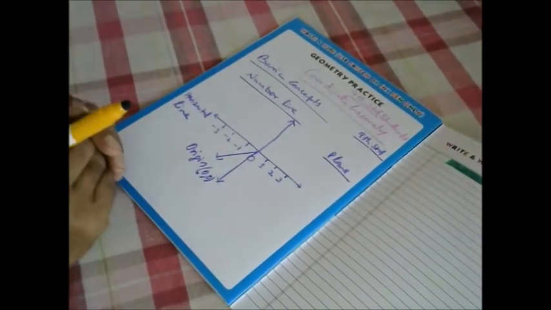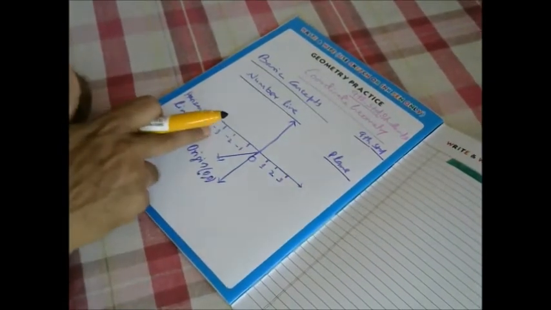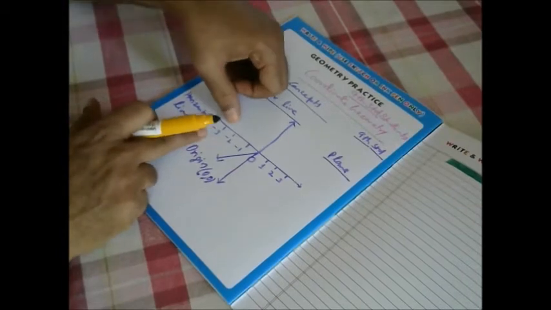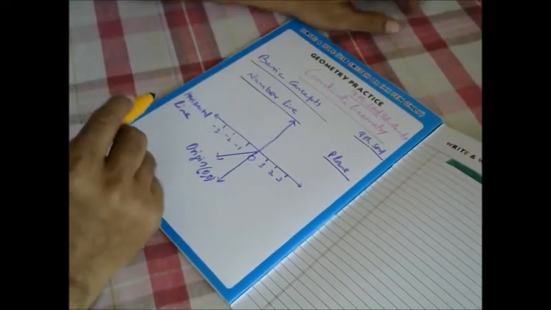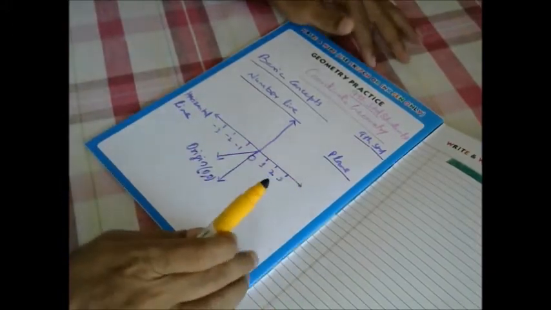Like if you were asked, where is 3? Okay, this point is 3. Where is minus 3? So, this point is minus 3. Okay, so like this. But now, suppose we have kept something on our table, on this notebook,